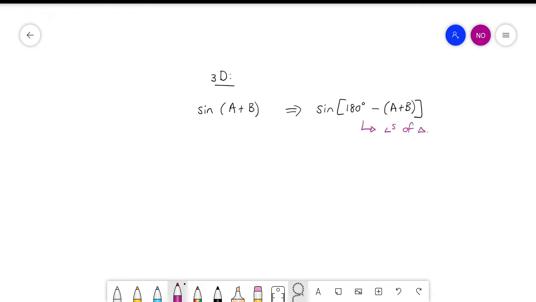So if you see somewhere that they have that, where they ask, prove that this is equal to this, or that the side AB can be defined as la la la la, and you see sine and two